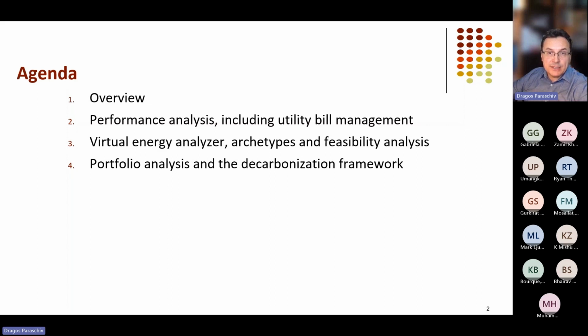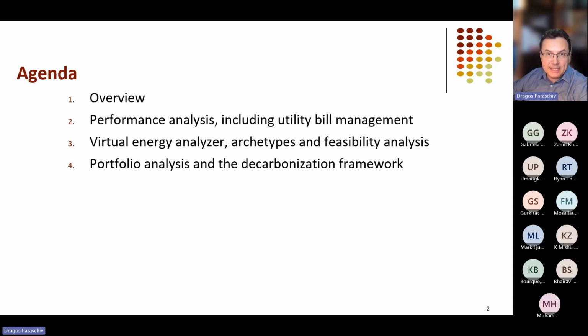Many organizations use various platforms for utility bill management. RETScreen is one of them, and we'll see how we can tie the performance analysis within a utility bill management system. The second feature was added quite a while ago to RETScreen and is growing with every single version of the software released by the RETScreen team: